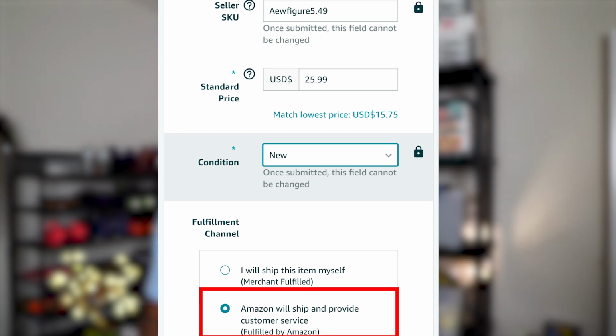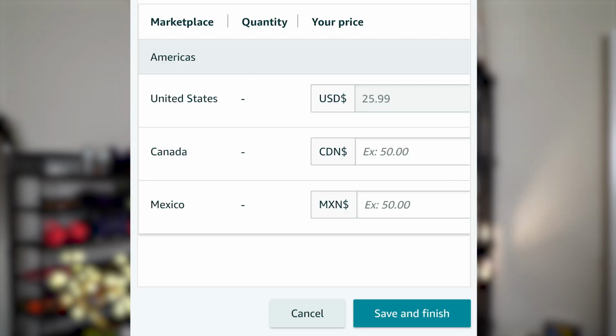So for this example, we're going to go ahead and select FBA. Now finally, at the bottom of the page, this is going to show offers in different marketplaces. For my account, I did set it up in the United States. So as you can see, my list price is auto-populated to United States, but if your account has been set up for any other marketplace, that's where your list price is going to populate. Now, once all that's completed, you can go ahead and click Save and Finish, and that will create your listing